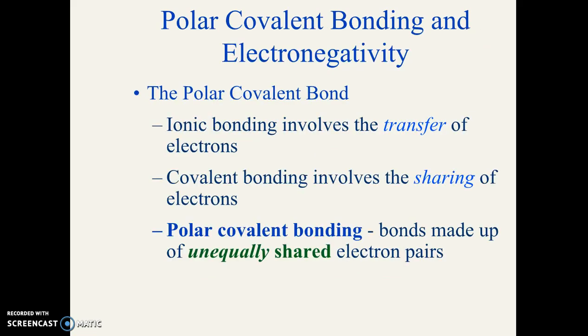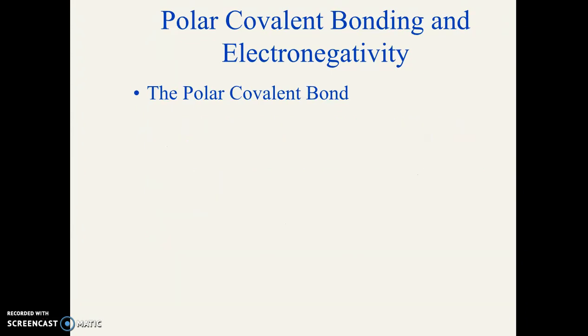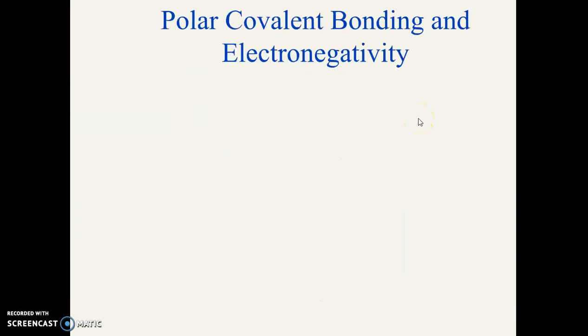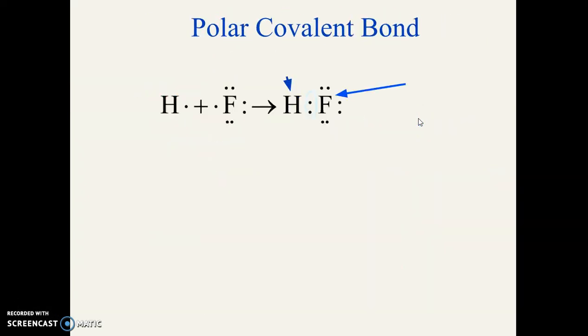So the cool thing about covalent compounds is, yes, the electrons are shared, but they might not always be shared evenly. So ionic bonds, remember, involve the complete transfer, whereas covalent bonds involve the sharing. You can have a polar or a nonpolar covalent bond. A polar covalent bond is where they're going to share unequally. Like if the hydrogen and the oxygen in water are sharing the electrons, the oxygen does not share this pair 50-50. The oxygen shares unevenly, and that makes it polar. So in this case,